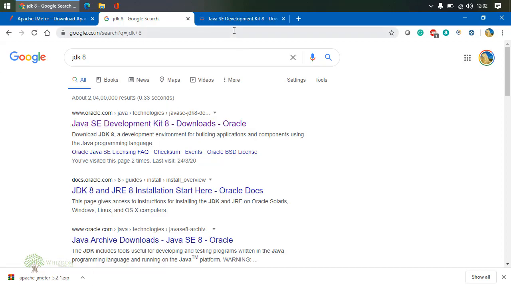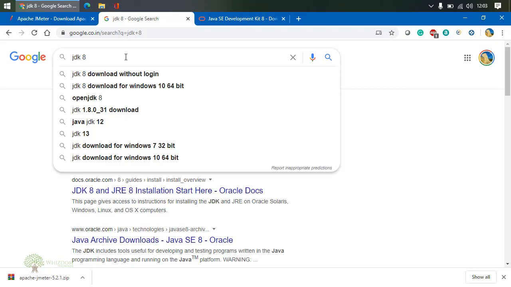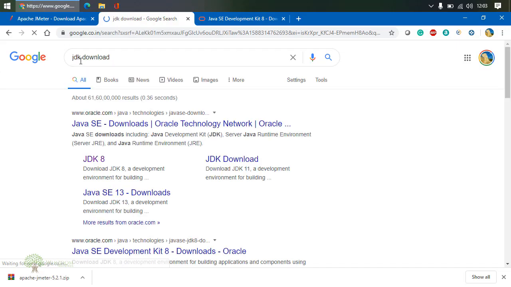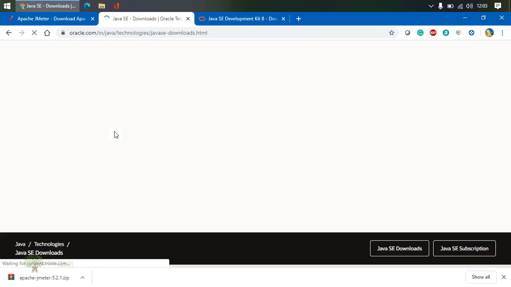Simply go there. Now the question is why I'm downloading JDK 8, right? This is the question that many have in their mind. Even I had it in my mind as well, why am I not using the latest version of JDK, right? If I look for JDK download, you guys would notice that there are a lot of versions of JDK.